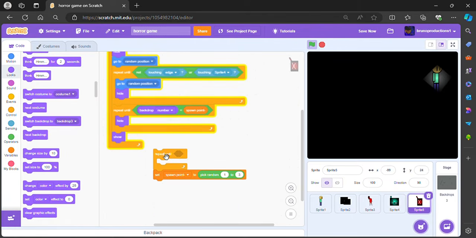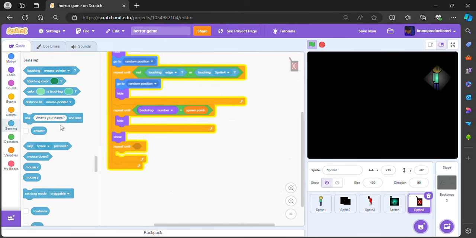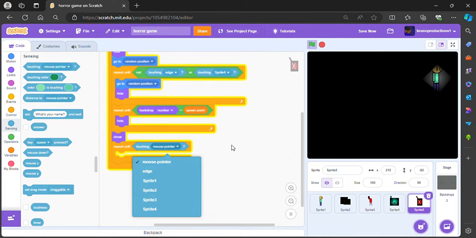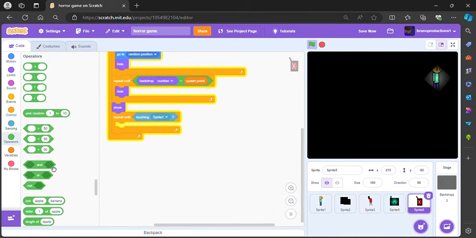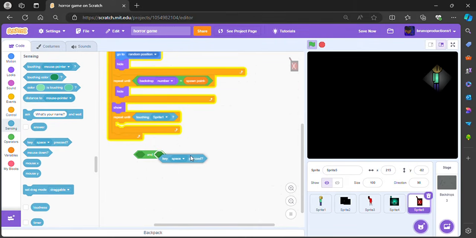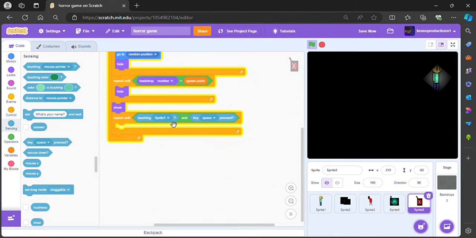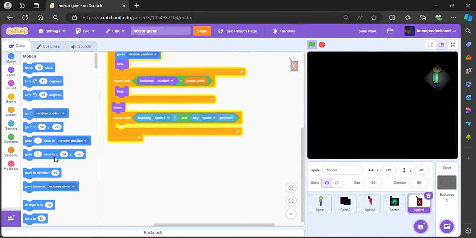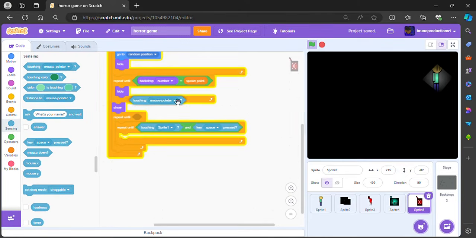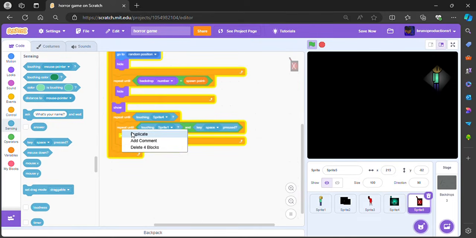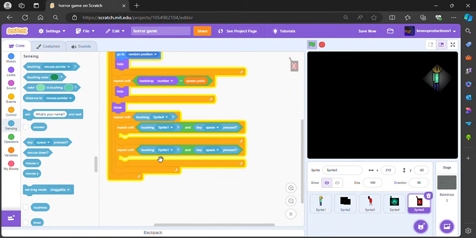Very good. It will show and repeat until touching sprite 1 and key space pressed. It will go and it will repeat until touching sprite 4. It repeats until touching sprite 1 and key space, and then in this one, let's add